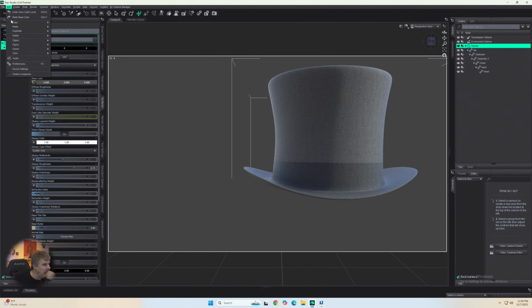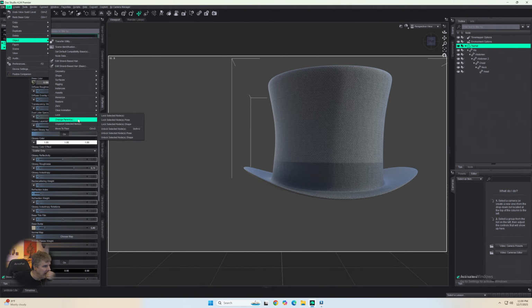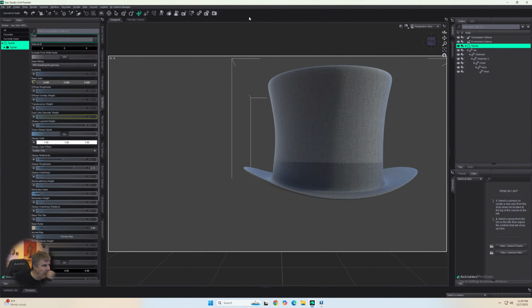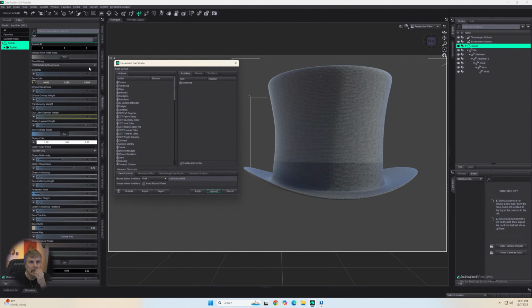Now there's also another one, object lock, okay? So I wouldn't mind having the lock to selected nodes and unlock, but there again, you can put them in there. It would be nice if these actually had little icons instead of words, but you can put them here. Now you go to Window, Workspace, go back to Customize. Yes, and so now we go,